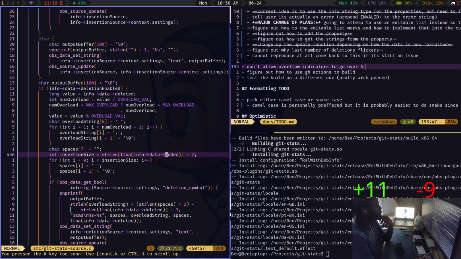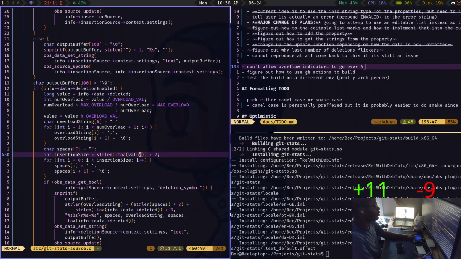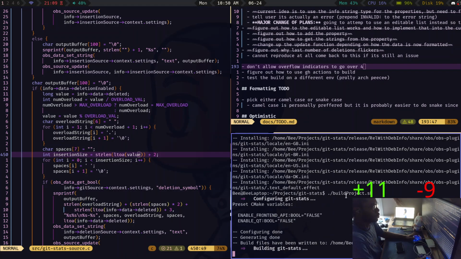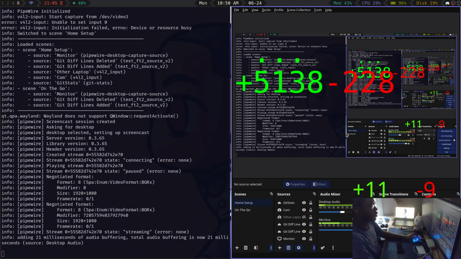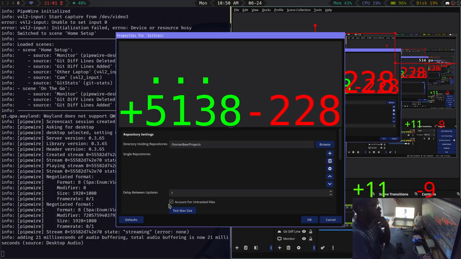But that's not necessarily what's shown here. We want L to A of value plus 2. Oh, wait, maybe plus 3. No, it's right here, but